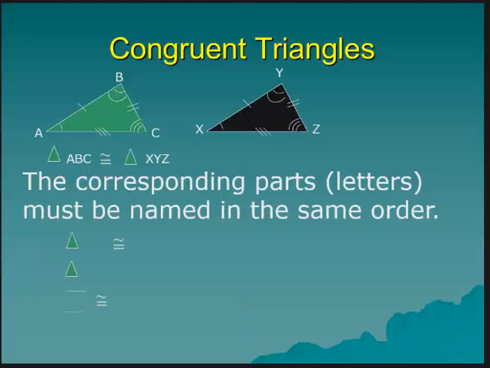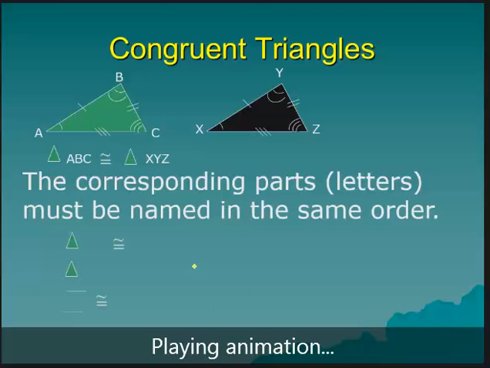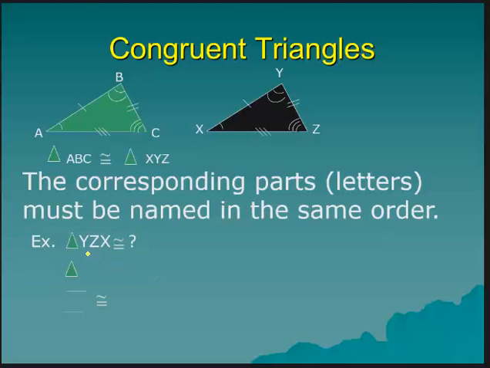Okay, so let's do another example here. Say I said triangle YZX. How would I name this triangle in the same order with the corresponding parts in the same order as YZX? Okay, what corresponds to Y over here? I hope you said B. What corresponds to Z